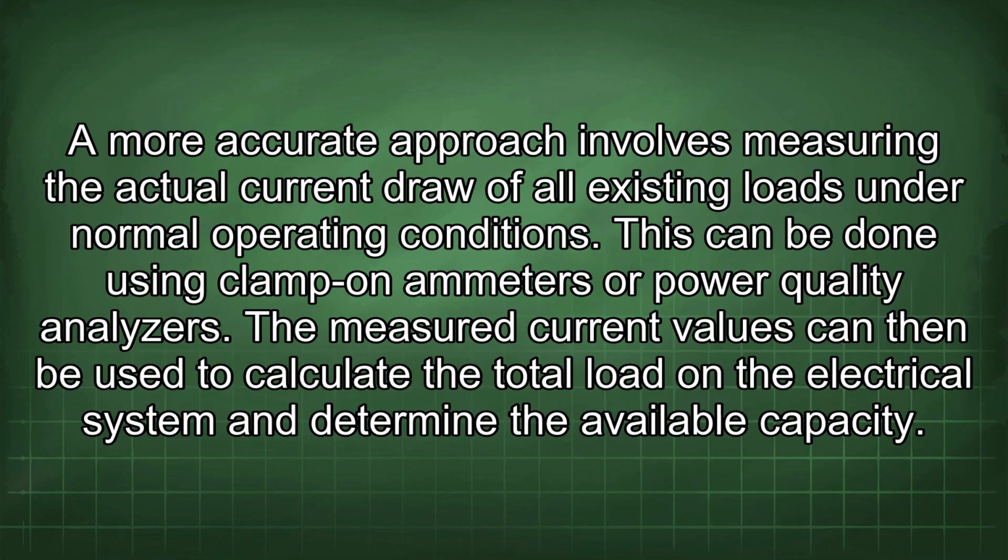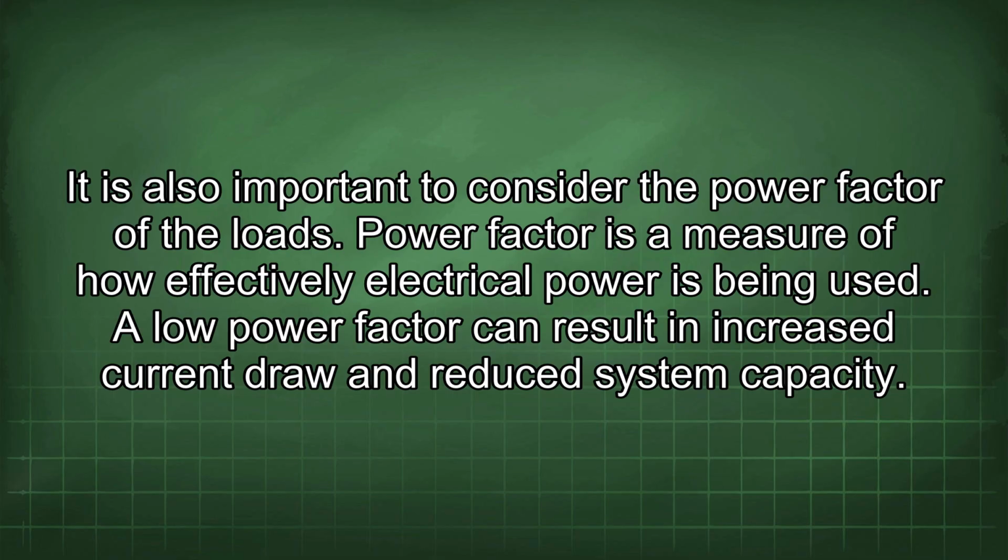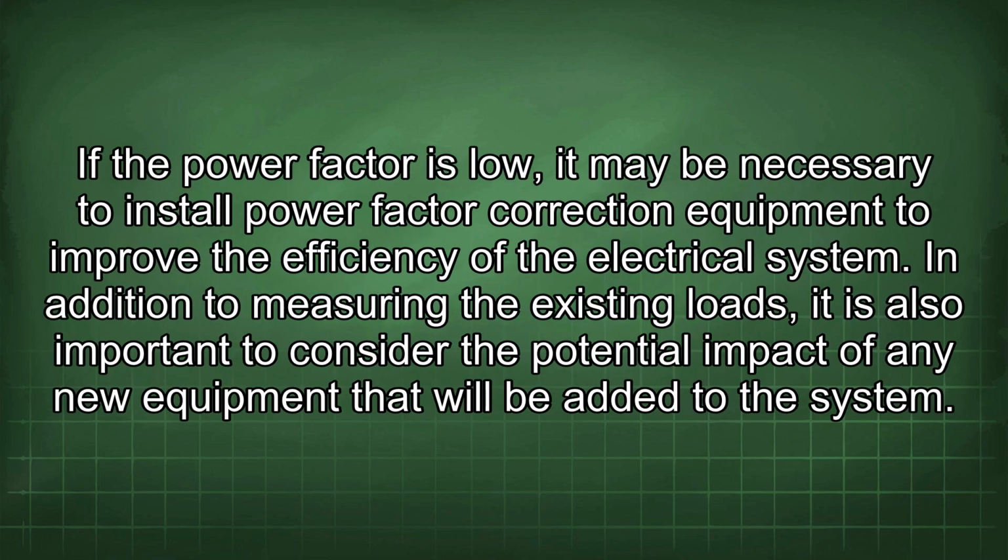The measured current values can then be used to calculate the total load in the electrical system and determine the available capacity. It is also important to consider the power factor of the loads. Power factor is a measure of how effectively electrical power is being used. A low power factor can result in increased current draw and reduced system capacity. If the power factor is low, it may be necessary to install power factor correction equipment to improve the efficiency